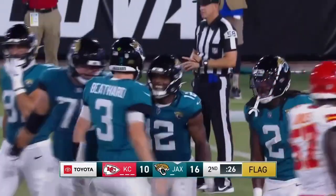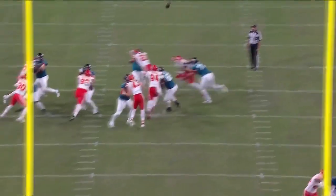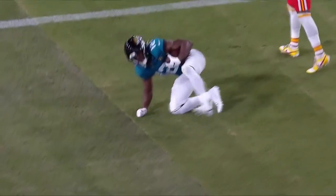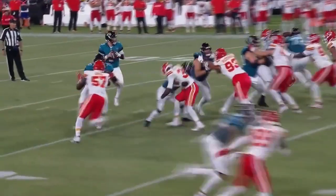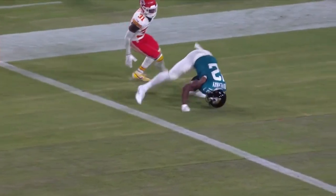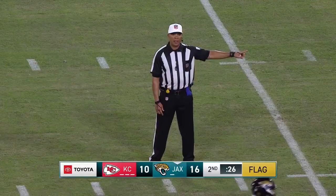Devin Duvernay, a guy who's a Pro Bowl returner. Oh, he took a huge hit. Big hit. Just a great job by Devin Duvernay making the reaction. But, hey, give C.J. Beathard credit. Hung in there, laid it up nice and high, where only his guy, Devin Duvernay, can make the adjustment and do it. You got to remember, Duvernay has been a...